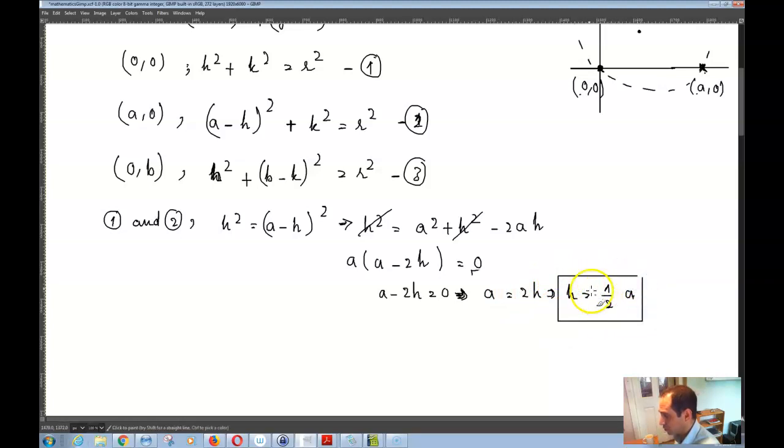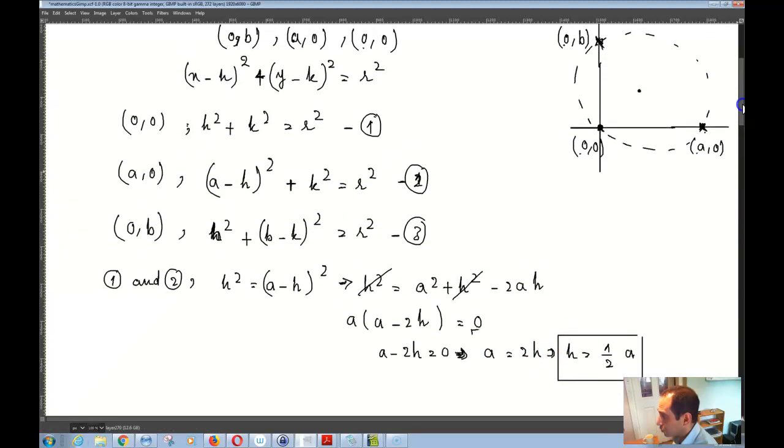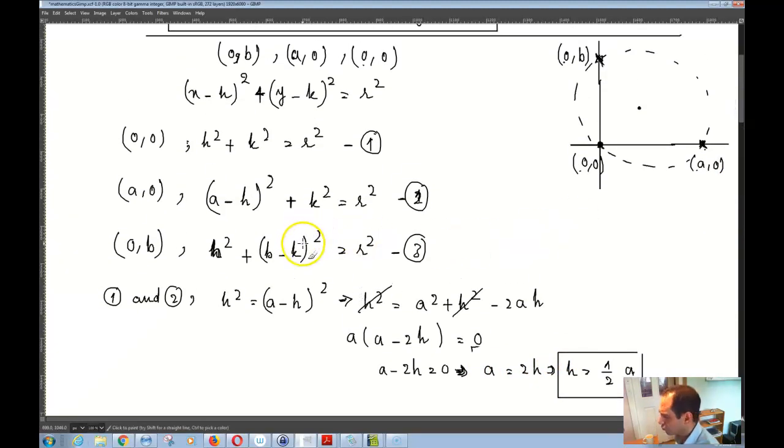So your h is equal to 1/2 a. So divide by 2, you get h, and divide by 2, you get 1/2 a. So now if your h is equal to 1/2 a,